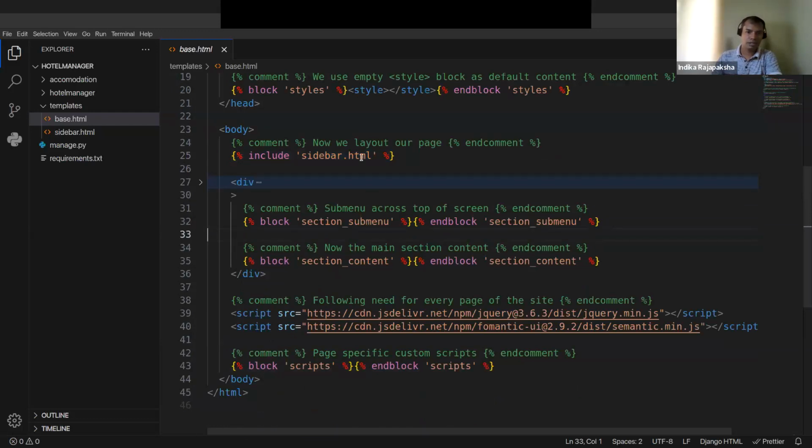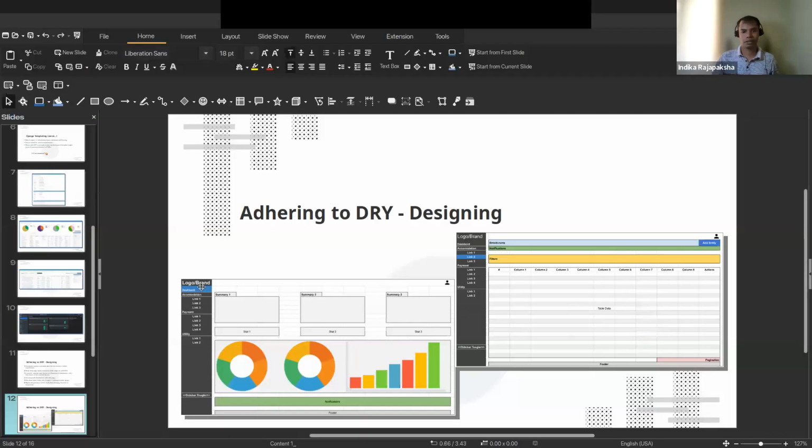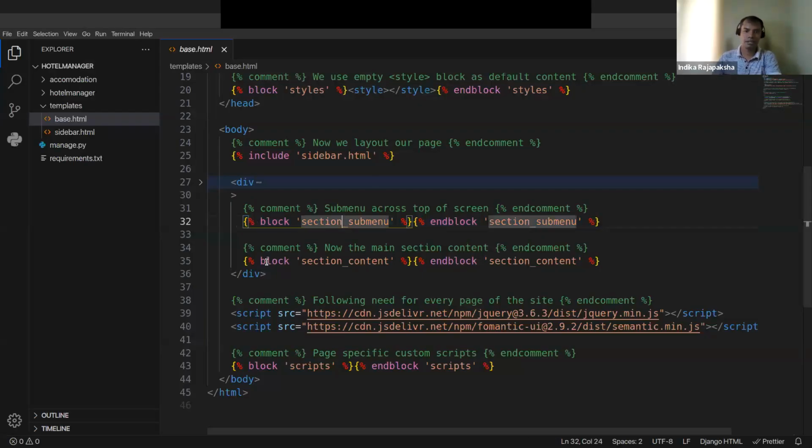So this is that. For that, we use the include tag. Then in the base, we define a section submenu, which is go to across this page. Maybe you log in, or another section like contact us page or about us, those things you can put here, right? Then we have the main section,